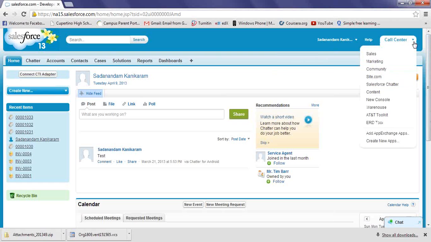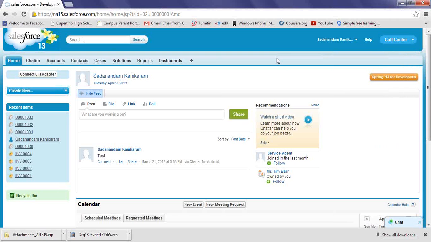If I want to create a new application, I will include all the tabs that are supporting that functionality. For example, I want to have a time card application. I might create a new tab related to time card, and at the same time I can have my contacts, or accounts.